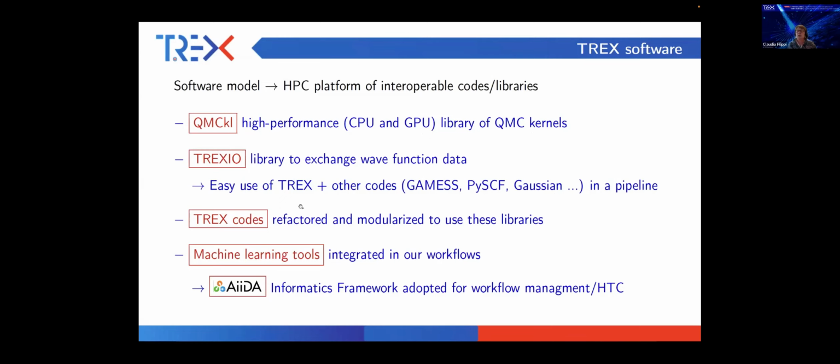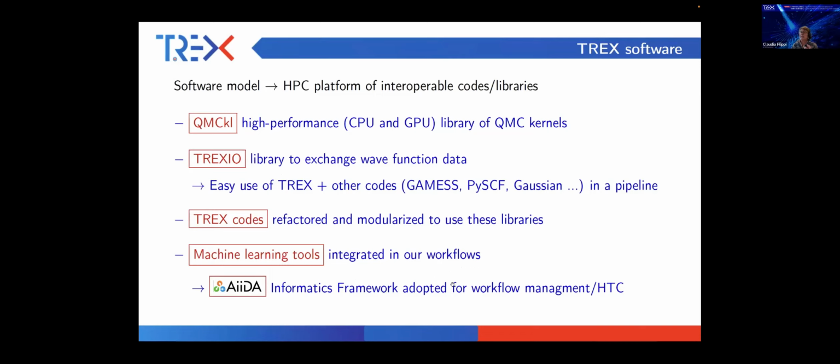Now, of course, the codes which will be presented have been modernized, refactored, improved, and also modularized to use these two libraries. In addition, TREX is also developing some machine learning tools which are integrated in our workflows, and our workflows are in turn integrated in the AiiDA informatics